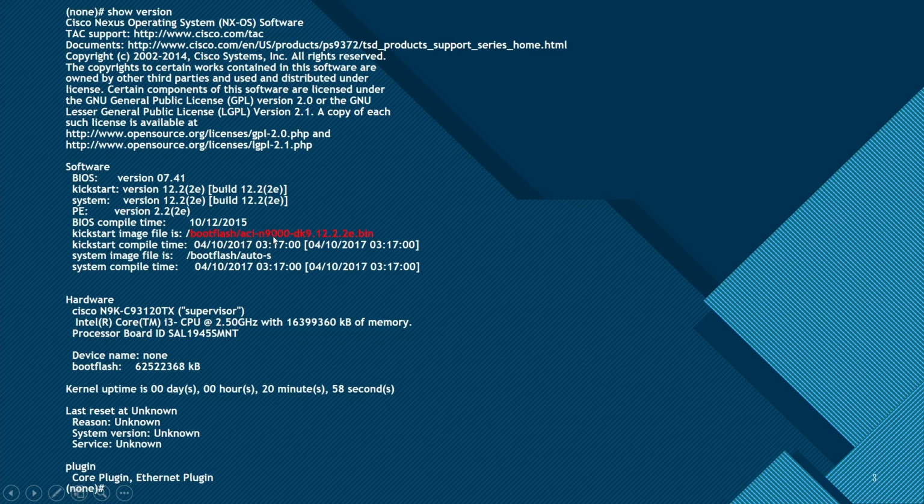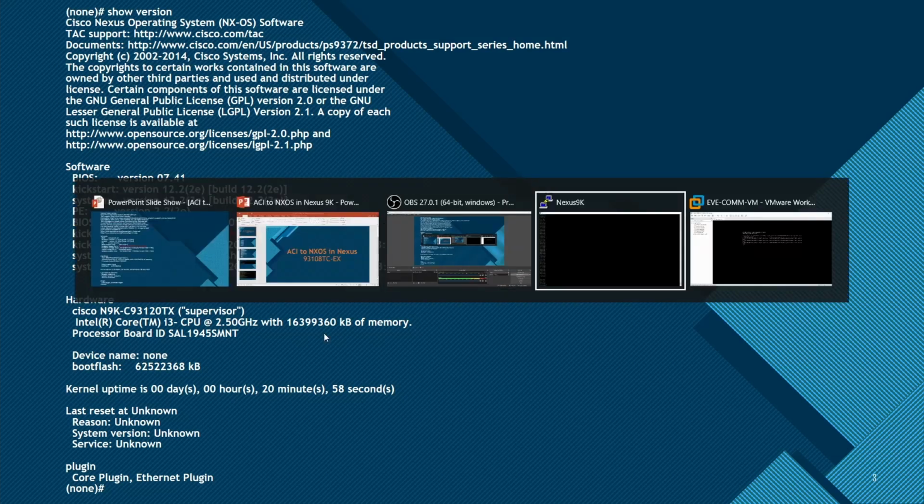If this is the boot flash, then you can confirm that this switch has only ACI OS and not NX-OS. So you won't be able to use this switch as a standalone switch unless you have an ACI appliance in your environment. You'll have to move this into NX-OS. So how do we do it? Here comes the CLI part.